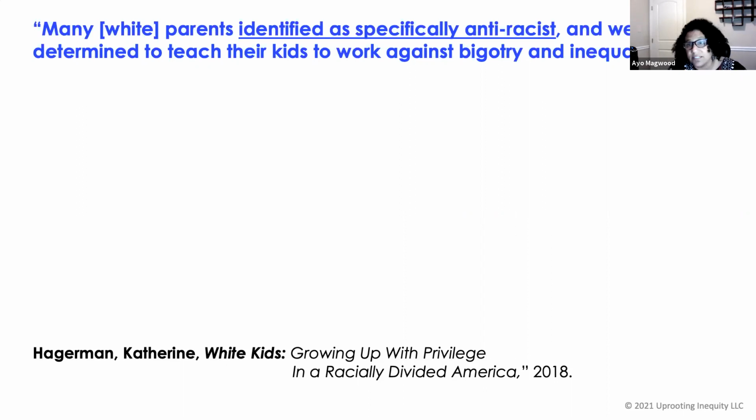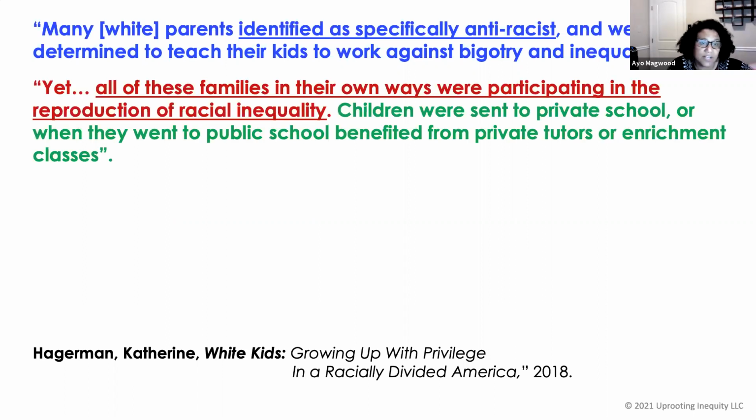So this is the equivalent of students and families in our classrooms that we've done a perfect job of teaching about bias and privilege. These are parents that have the Black Lives Matter signs on their doorsteps, right? These are the ones that use all the correct vocabulary and talk about their whiteness and talk about white supremacy, right? These are the so-called success cases of most bias workshops. Yet all these families, in their own ways, are participating in the reproduction of racial inequality.